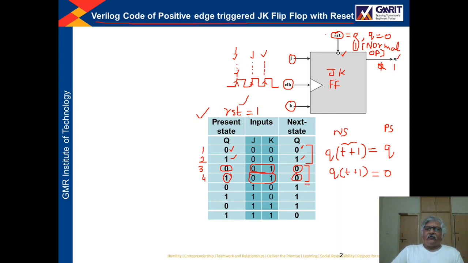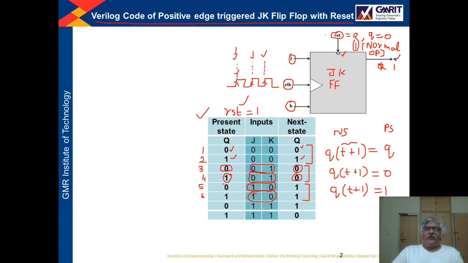Now come to the next two rows of the JK flip-flop, row number 5 and row number 6. In these two rows, J is 1 and K is 0. If J input is 1 and K input is 0, then the next state of the JK flip-flop will always be 1, whatever may be the present state.